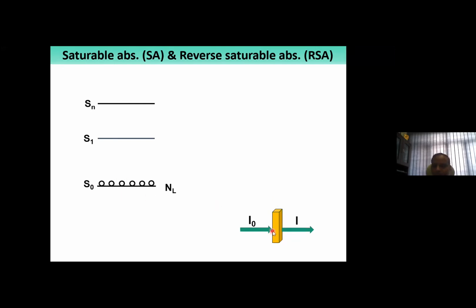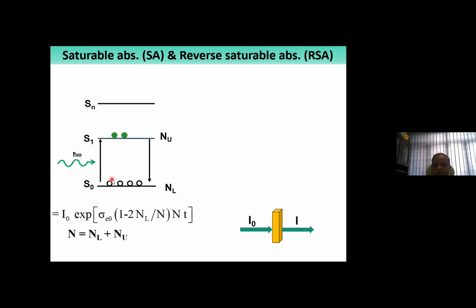Take a simple experimental concept: you have a cell and an input laser light interacting with the material inside this cuvette, with input intensity I naught and transmitted intensity I. The moment you shine light, some photons are absorbed, so the molecules gain energy and go to the first excited state. They cannot stay long there, and they radiate that energy and come back to the ground state. This process keeps going, and it can be represented by this mathematical expression,